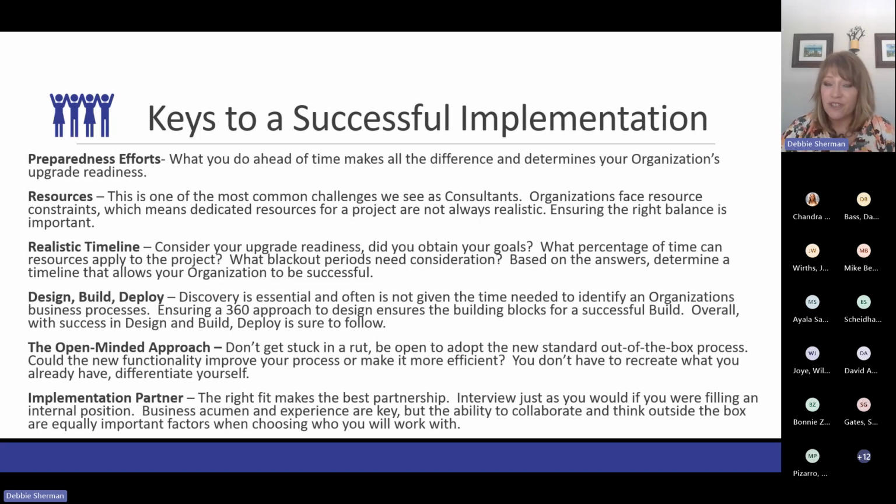We don't want to do a lift and shift. We want to lift and take some of that weight off your shoulders. So be open-minded about the processes and what your implementation partner may suggest. Now, that said, you absolutely want to stop them when you say we cannot do that for a specific reason, but keep an open mind, right? There's great new standard out-of-the-box processes. There's things we can do to tweak and customize or configure things. And take a look at what that new functionality will do to improve the processes and make it more efficient. You don't have to recreate what you already have. Differentiate